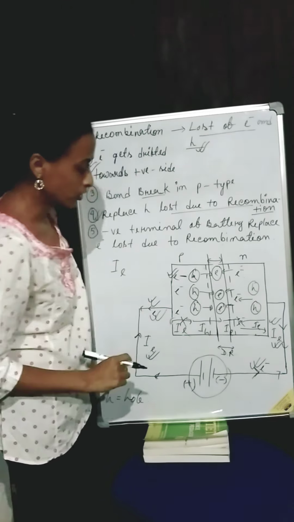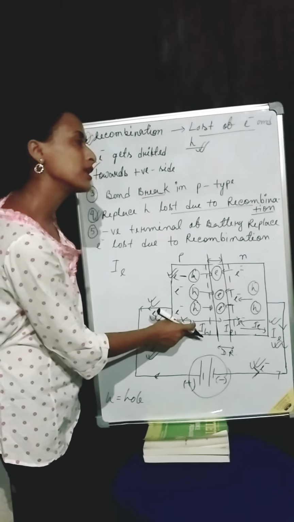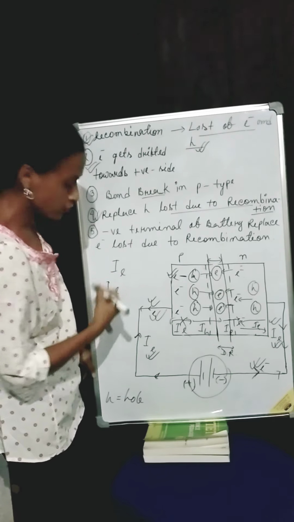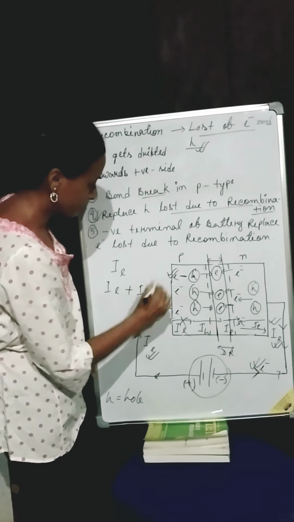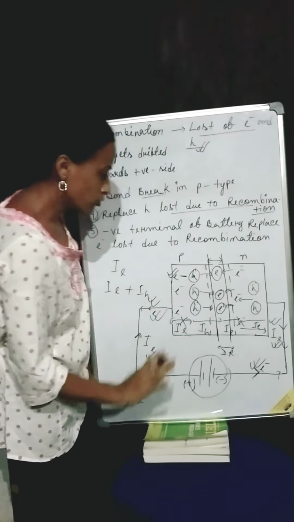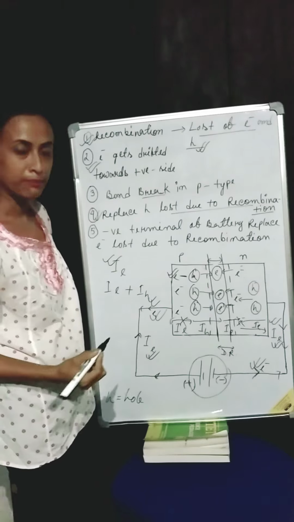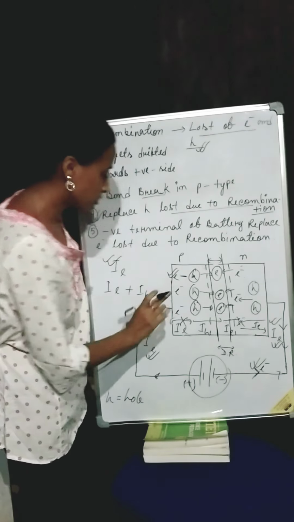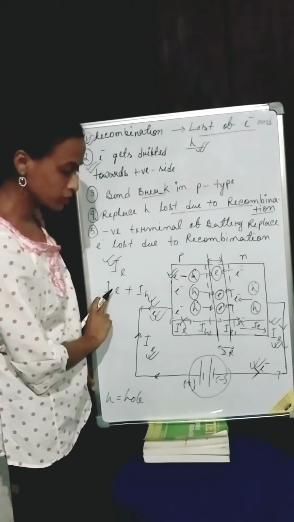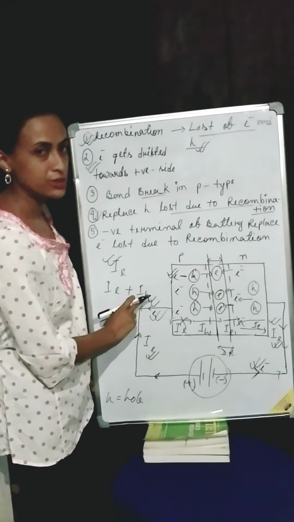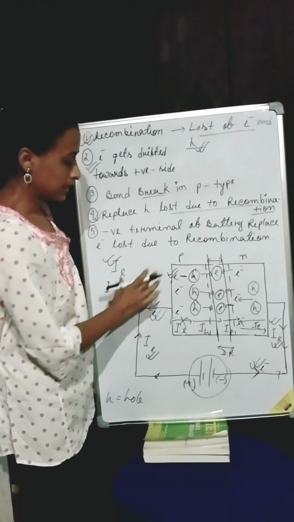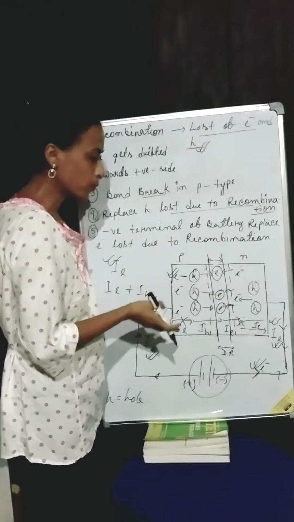But inside this diode there is a movement of holes as well as a movement of electrons, so inside this diode we will get electronic current plus hole current. I'm repeating once again: in the external wire there is only movement of electrons, so we get electronic current. But inside the diode the current produced by electron movement, and also the hole current produced by the movement of holes. So in this way, in the process of forward biasing,